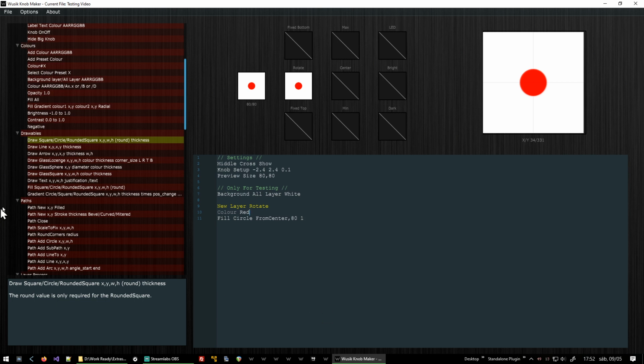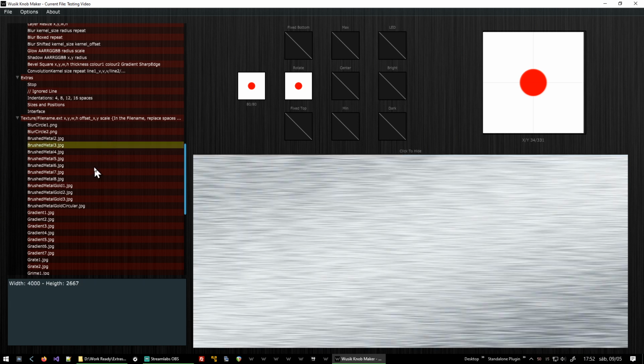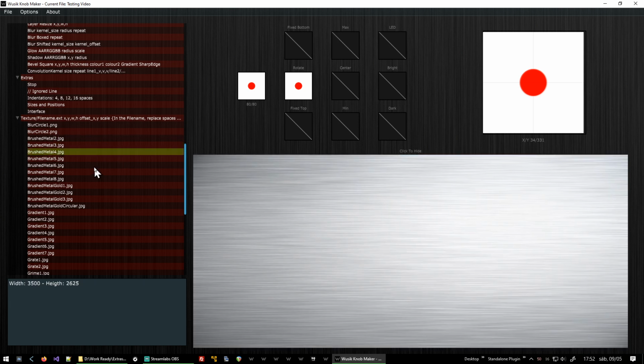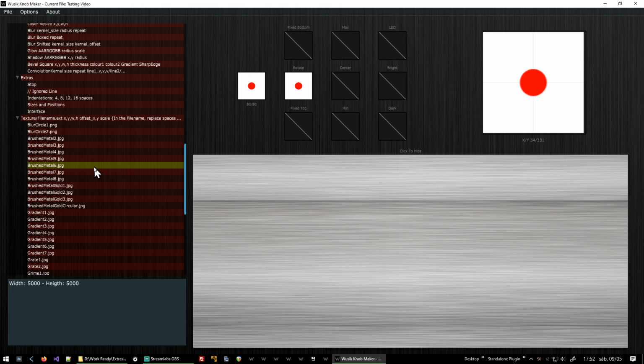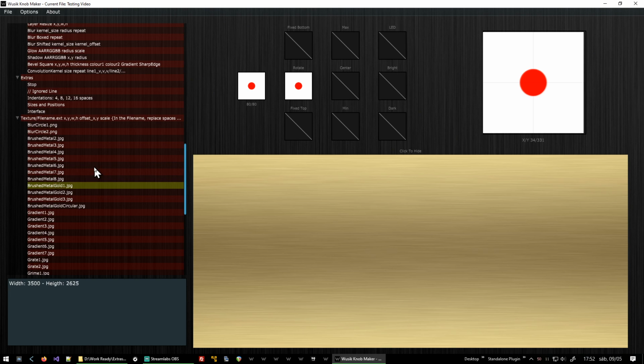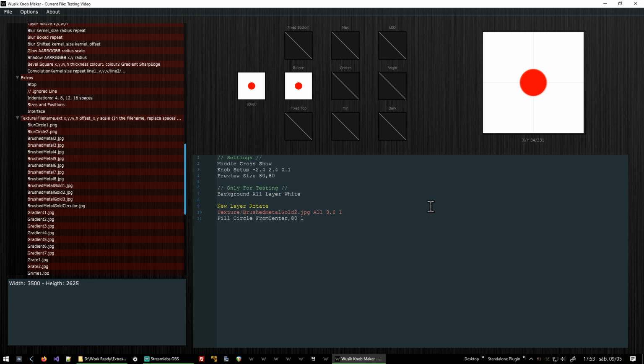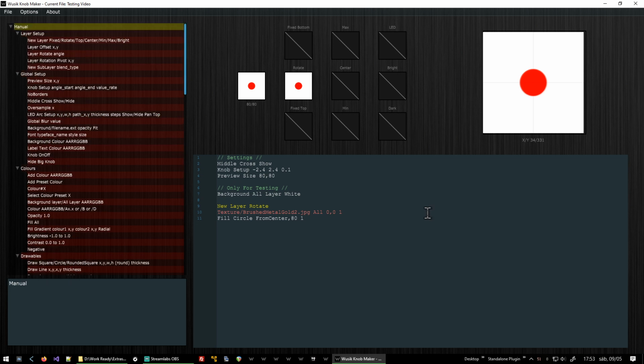But how about using some textures? So let's load a texture. I want a brushed metal texture. I want one that is more uniform. Oh, this one is good. So right click it and click here on the texture to close it. So it's already loaded. If I press F5 now, I have my texture and my circle on the top